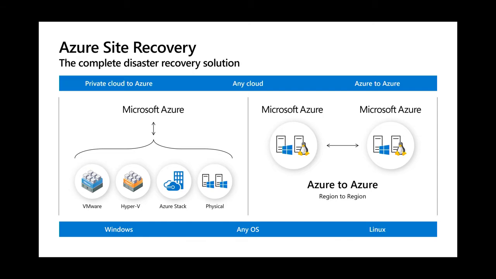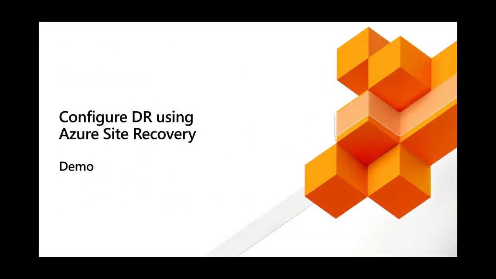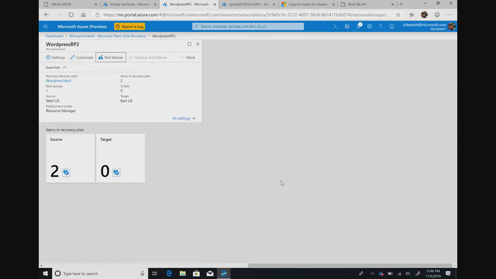So in the rare event that there is an outage, you can fail over your application and leverage a different region to host your application. We support both Windows and Linux, and I'm going to spend more and more time talking about Linux for the rest of this talk. But before I get there, I just want to quickly show you how easy it is to protect a VM using Azure Site Recovery.